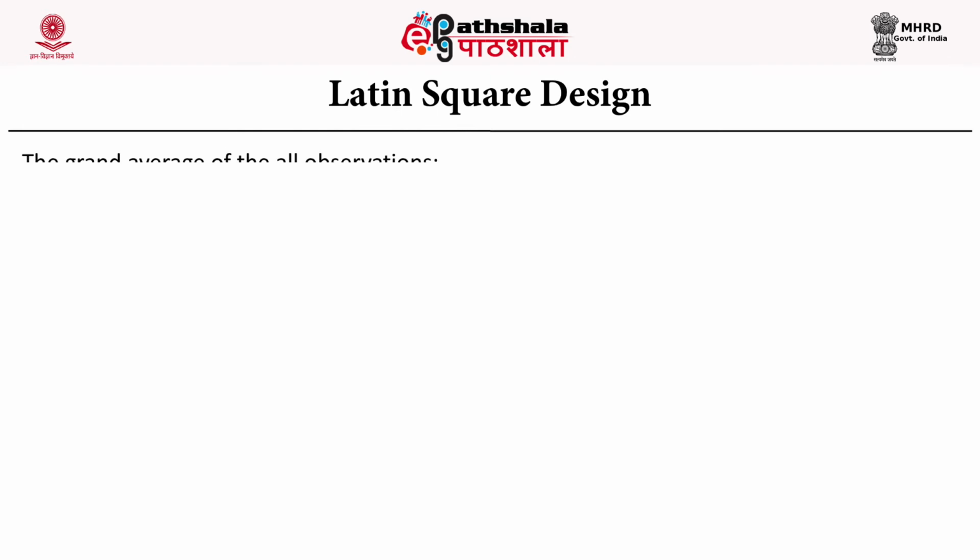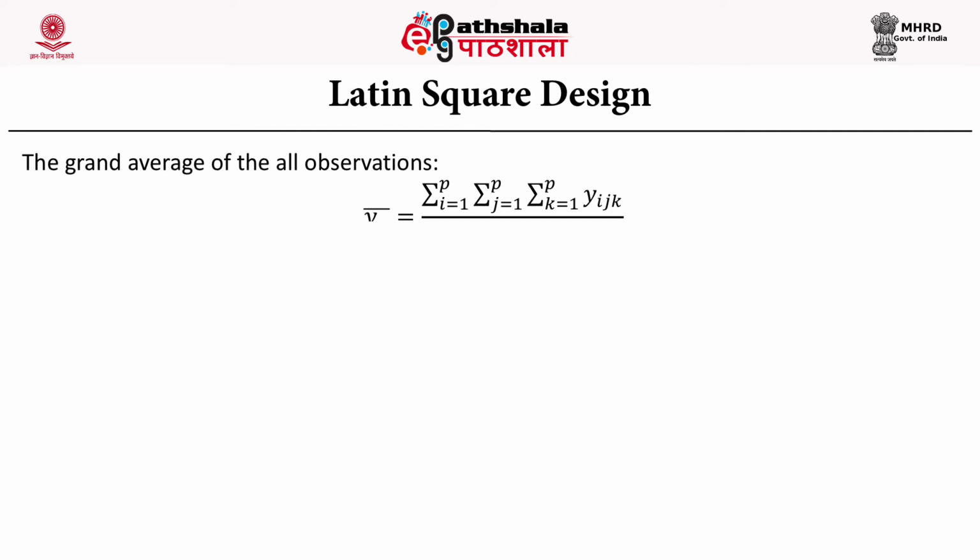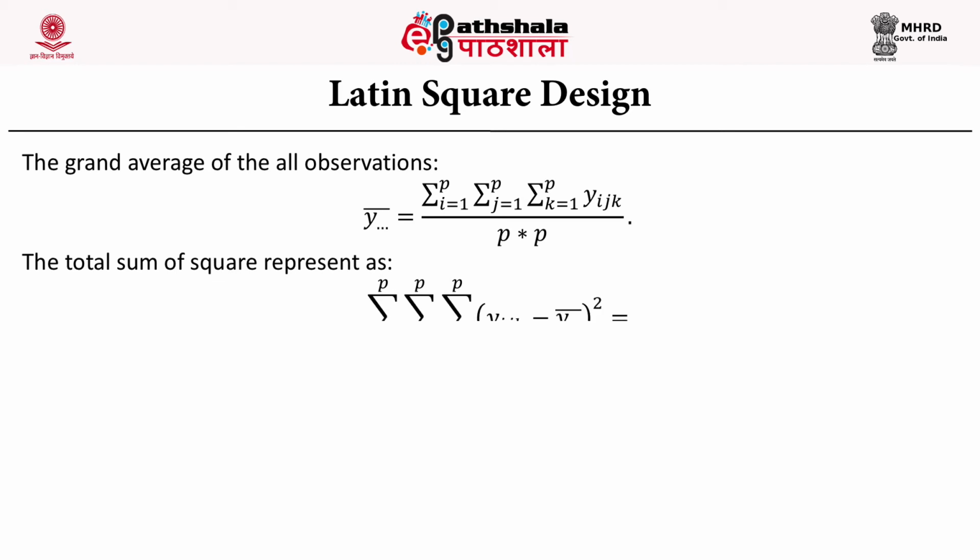The grand average of all the observations is equal to the summation over y_ijk, where i varies from 1 to p, j varies from 1 to p and k varies from 1 to p, divided by p square. The total sum of square is represented as the triple summation over i, j, k of (y_ijk minus y triple dot bar) whole square,